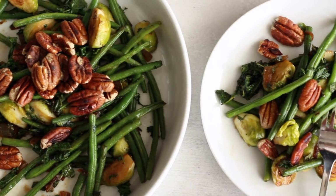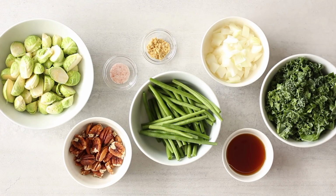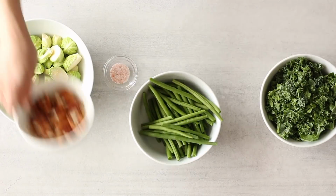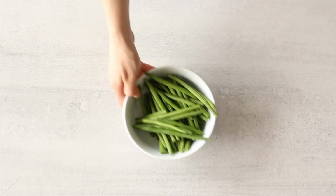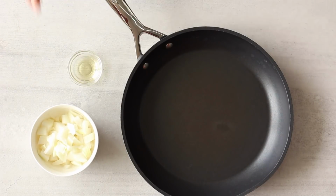to show you. The next recipe is my sweet and spicy holiday vegetable recipe. Full of flavor, really healthy, and a great way to serve vegetables during the holidays. This is one of my favorite Christmassy vegetable recipes. So I've got all of my ingredients prepped again so that I can show you quickly, but this is really